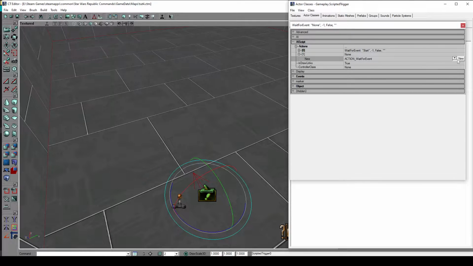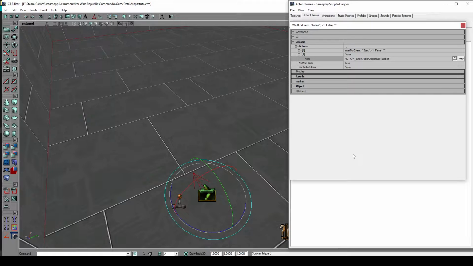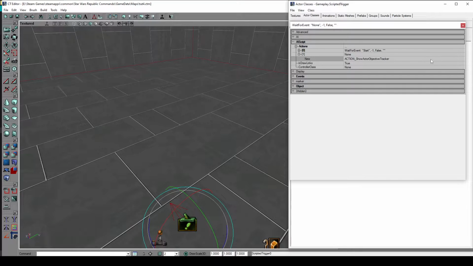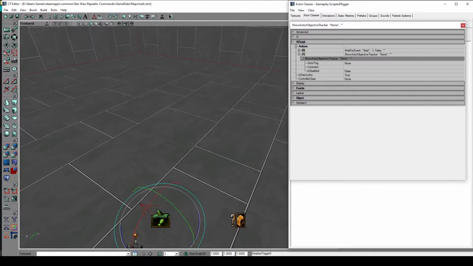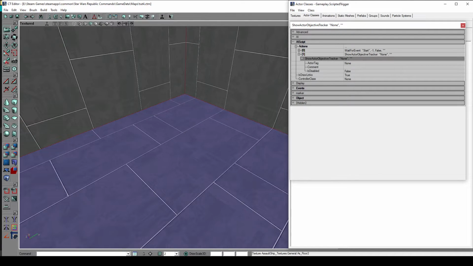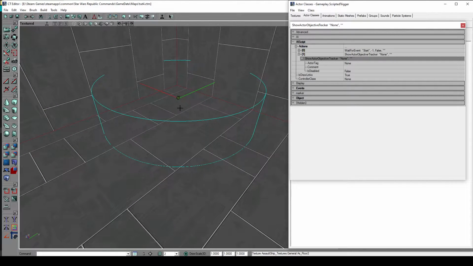and the first thing I want to show you is the show objective trigger, which can be found in, it's called show actor objective trigger, which is like the tiny circle with the arrow pointing to the direction for the next target. So click on new, and the easiest way to do that is if we place the path node in here on the outside of the room, it's selected,